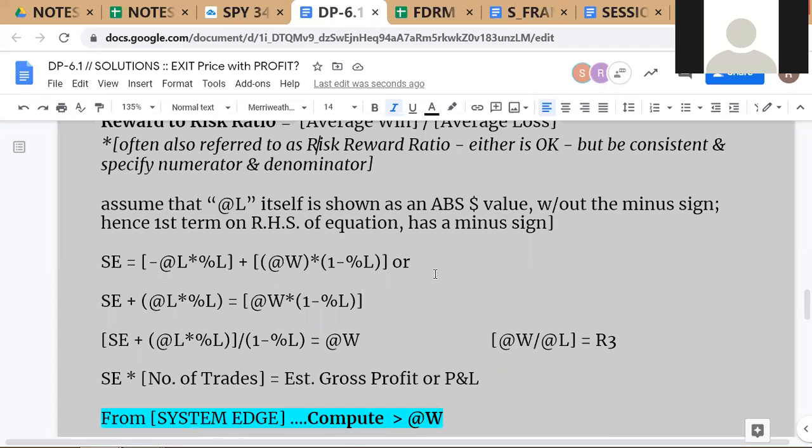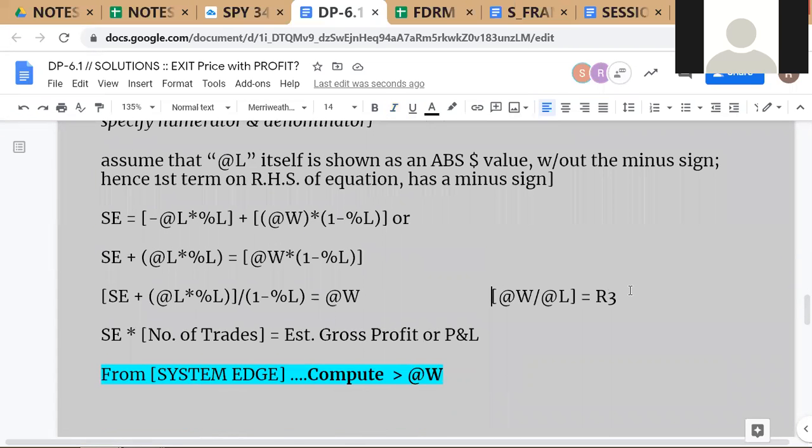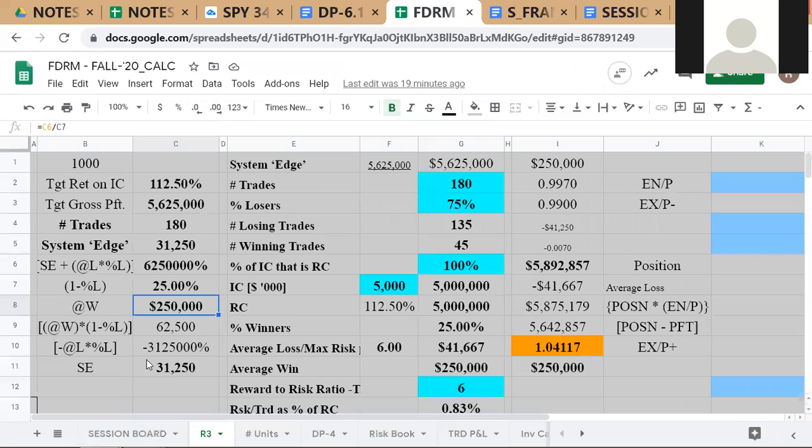I've written that somewhere here. Average win by average loss is R3. So we are going to just use this expression R3 from now on to refer to this ratio, average win divided by average loss, which is here. Here our R3 would be, just as an example, our R3 would